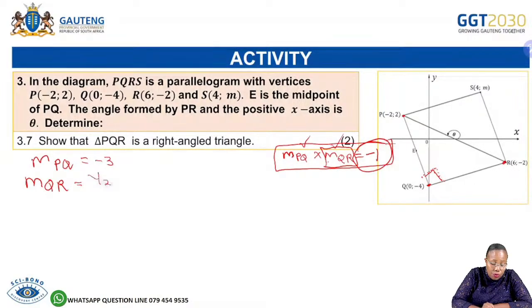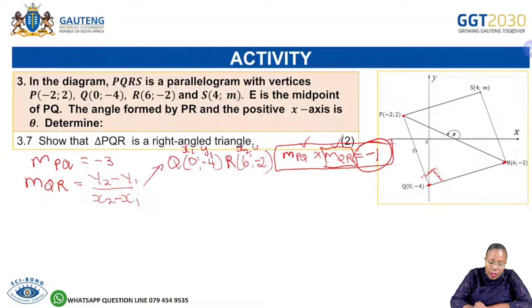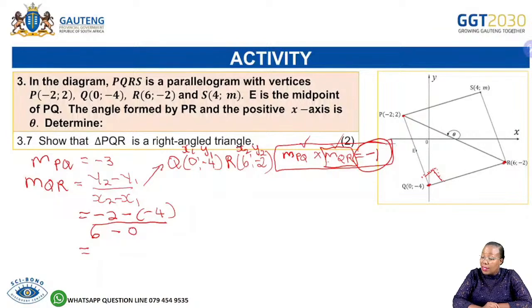is equal to y2 minus y1 over x2 minus x1. And then we are depending on Q, (0; -4), and R, (6; -2). And then this will serve as our x1, y1, and then x2, y2 there. And then what is y2? Minus 2 minus 4 for y1, over x2 is 6 minus 0. And then if you calculate this, well, grade 12, you end up with the gradient being 1 over 3 for